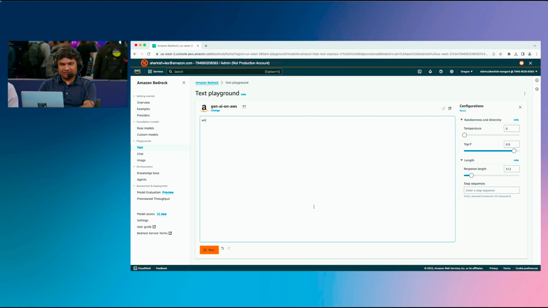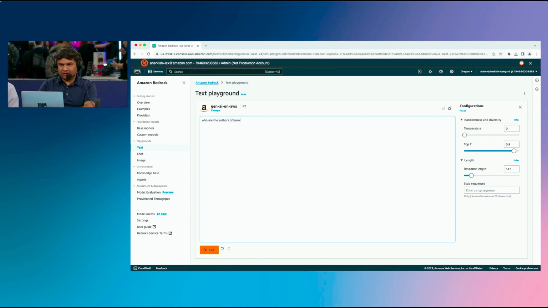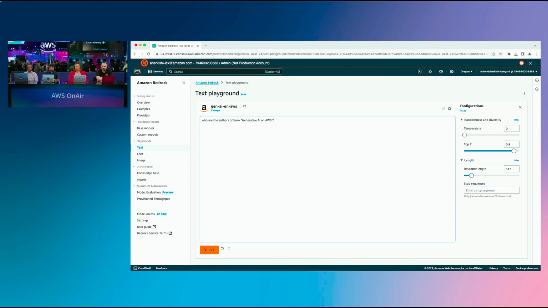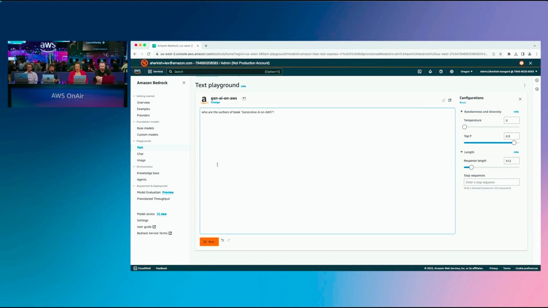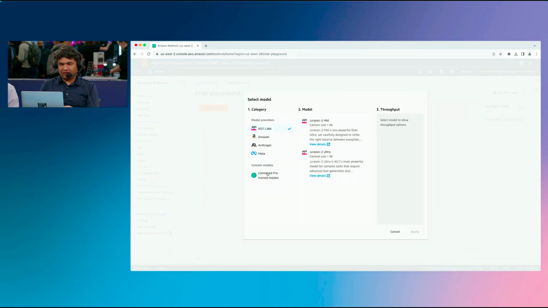Nice. Playground. Yeah, let's see a little bit of the playground. So let's ask this question. It's a good question. I didn't know we had that book. Yeah, actually, the authors of this book are fellow Amazonians. Let's quickly go here.